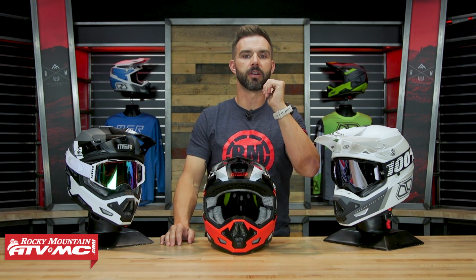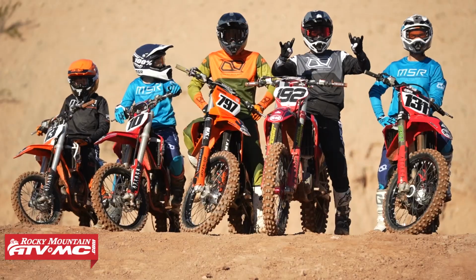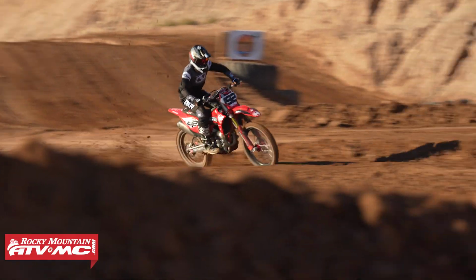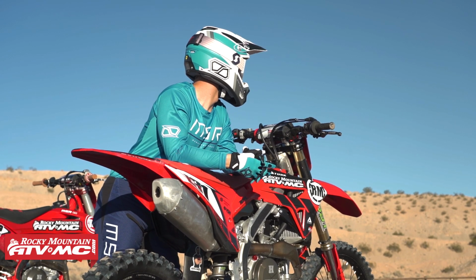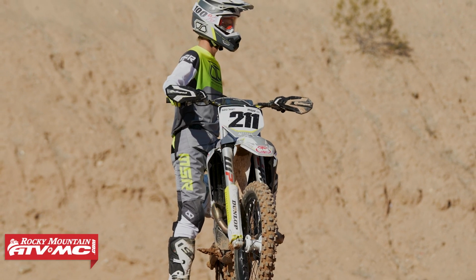Also, behind me you can see there's the NXT gear from MSR, which is their premium lineup of gear. And what they do is they design colorways for the helmets and the NXT gear to match. So if you're looking for a new set of gear, NXT, again, just like the helmet, really, really good gear at a great price. So if you want to be matching head to toe, helmet, jersey, gloves, pants, check out